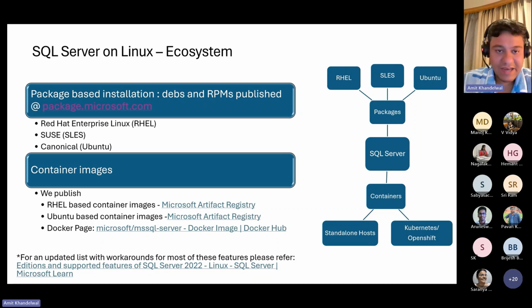Now, with that said, I hope one question that you might have is, Amit, if I don't have RHEL, if I don't have SLES, if I don't have Ubuntu, let's say I'm running Kali. If I'm running Kali, can I actually install SQL Server on that? Yes, you can. But is this something that we have tested internally in our environments? No. So that is why if you run SQL Server on any of the other distributions that you see listed here,